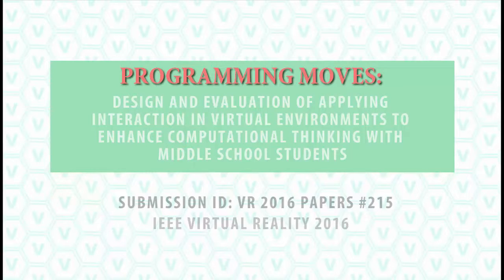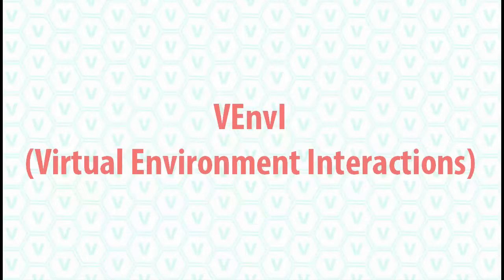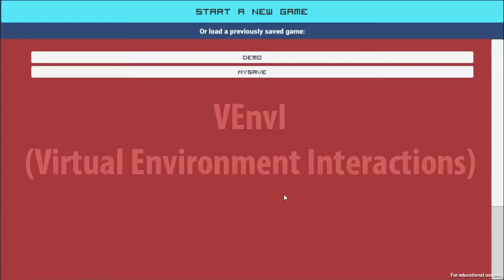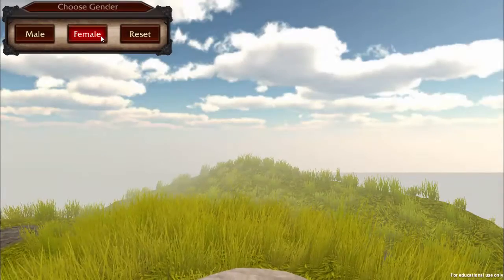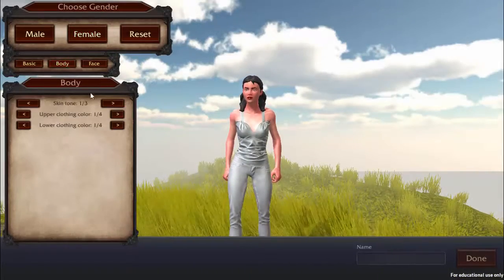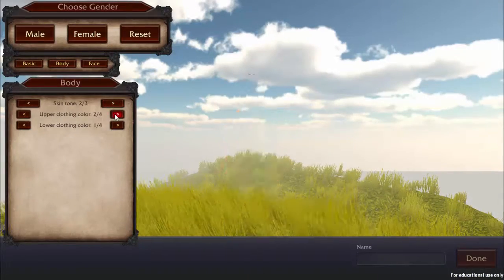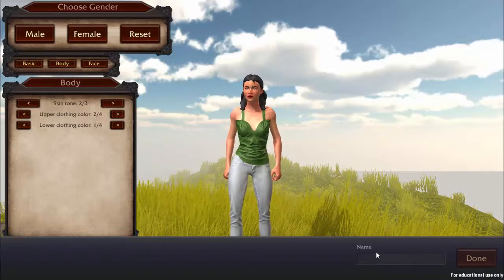In this video, we introduce programming moves, design and evaluation of applying embodied interaction in virtual environments to enhance computational thinking in middle school students. What is VEnvI? VEnvI stands for Virtual Environments Interaction. VEnvI is a visual programming tool that marries dance and computational thinking in pursuit of enhancing students' enthusiasm, excitement, and